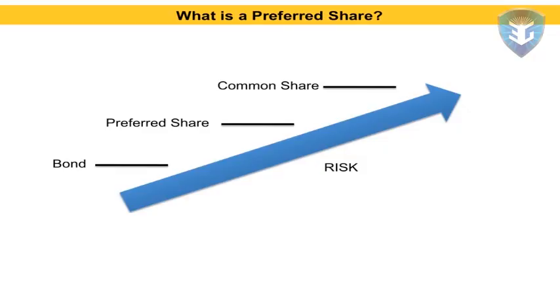So when you look at this chart, you can see that the lowest risk that you're going to have on any investment is a bond when you're dealing with stocks or bonds. The preferred share is actually right in the middle on the risk, and then the common share, which we've talked about up to this point in the previous units and lessons, has all been common shares.